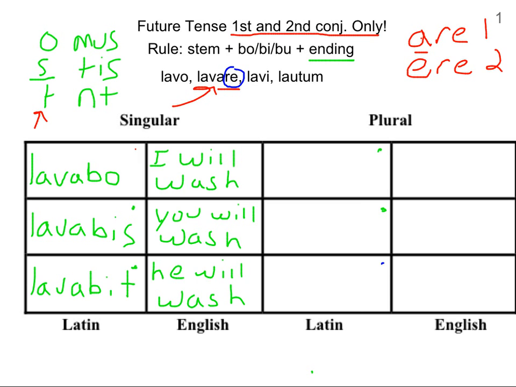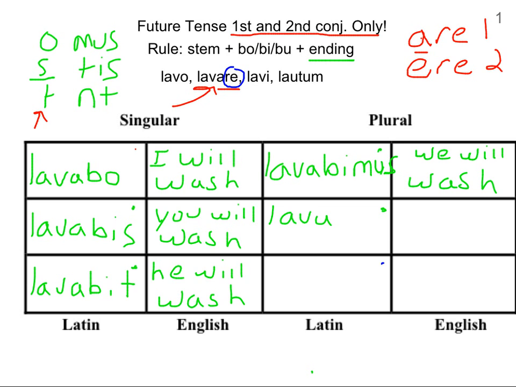Okay, let's do first person plural, LAVA, BI, and then mus, our person endings. And this will be we will wash. Second person plural, LAVA plus BI plus TIS, lavabitis. This will be you all, or y'all, will wash. Barely fits in there. All right, third person plural,